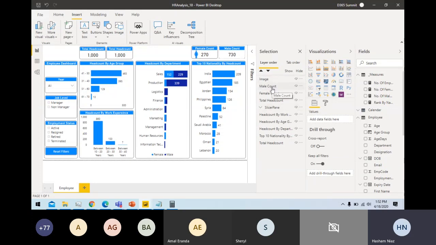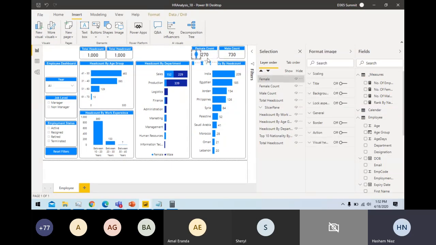And the same thing I can do: I can actually have this image, and I name this as female. I can arrange the same Z order here, and then the female count. I can arrange this, and I can actually group those two together as well, so I can move this thing as well. So this is like you click icon. You can do copy paste here as well. So let's copy paste here.